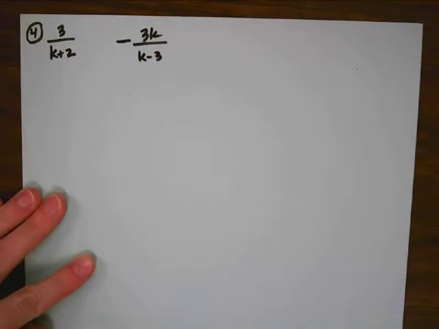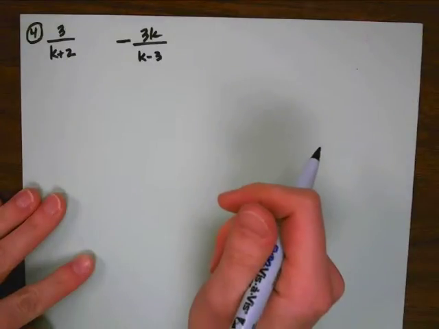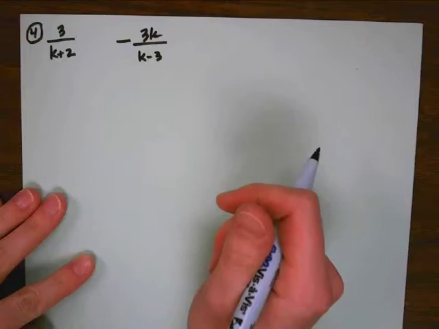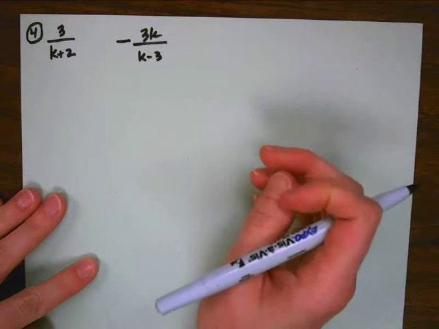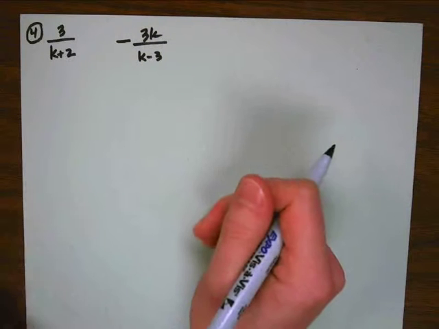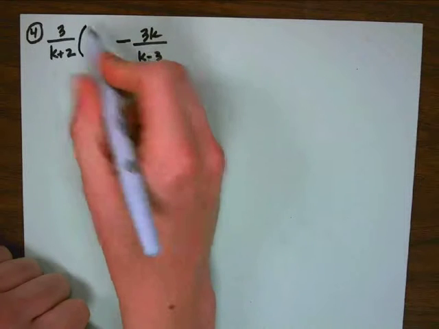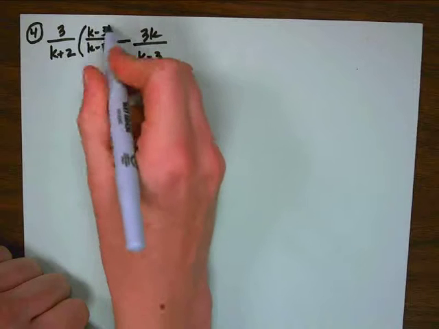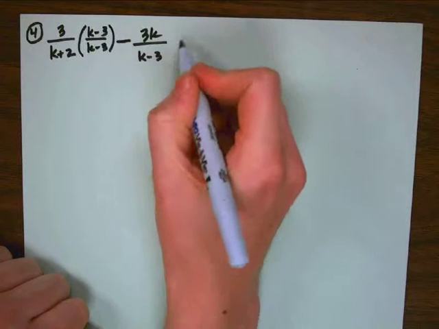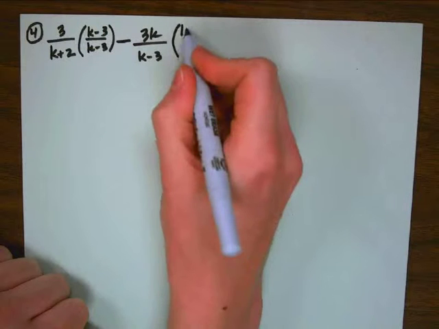Okay, moving on to number 4, 3 over k plus 2 minus 3k over k minus 3. So we notice that we have two fractions that are being subtracted from one another here, and the goal is to get them to have the same denominator because we're not able to add or subtract them unless they have the same denominator. So we'll start by multiplying this whole fraction by the denominator and the opposite fraction. And then same thing with this one, we're going to multiply this whole fraction by the denominator and the opposite